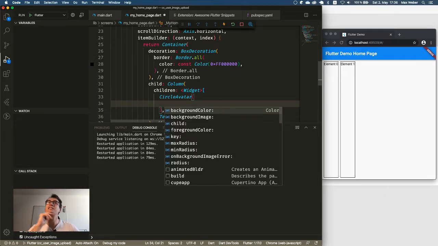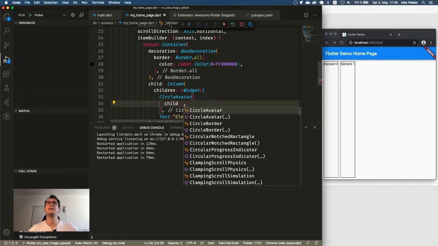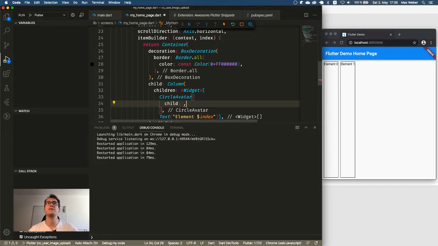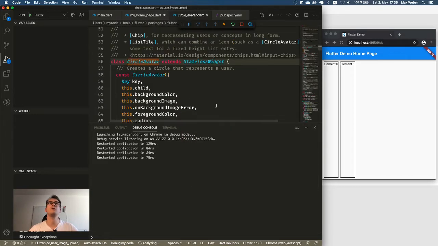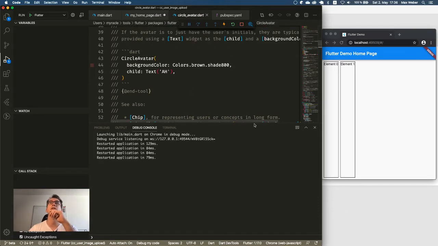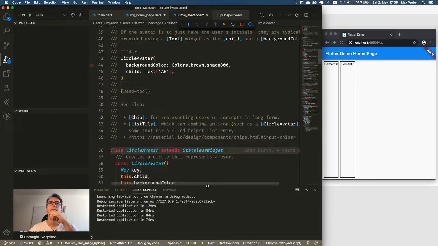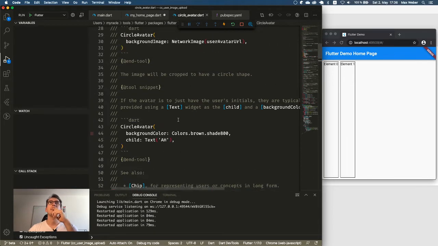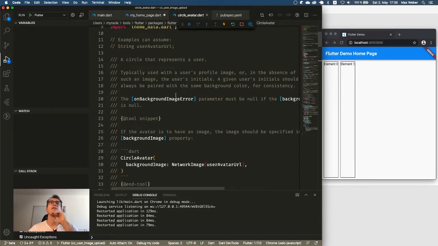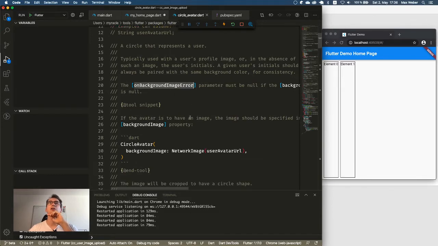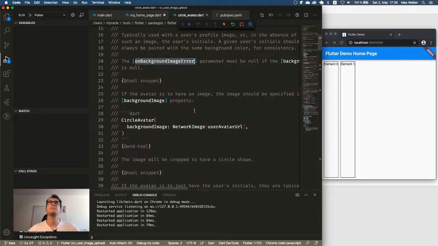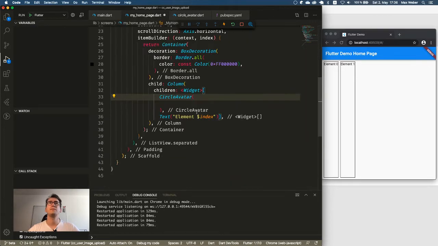Okay, back to the avatar. We have a child, and inside of that child we can have an image. I think, was it like that? I'm not sure anymore. Let's jump into the documentation and have a look. I think we can make that debug console a bit smaller. And let's see what we have here. Background image. Yeah, background image loading. Yep, I think that's the one. So we have here the background image.